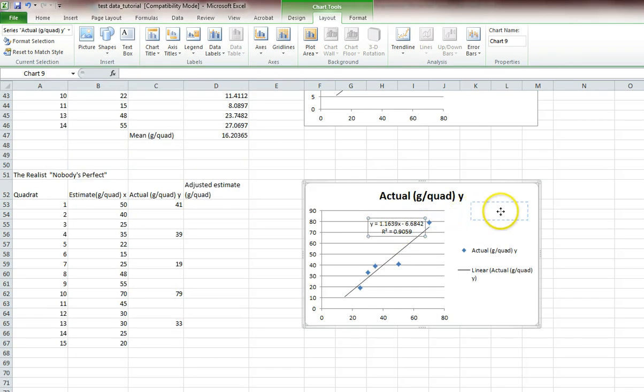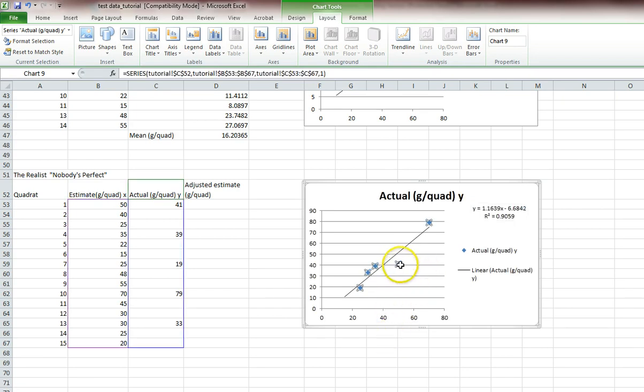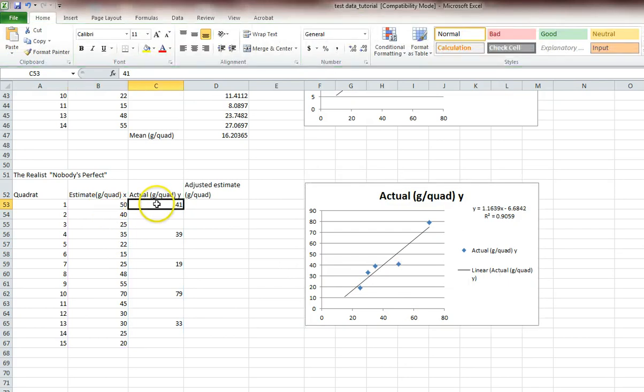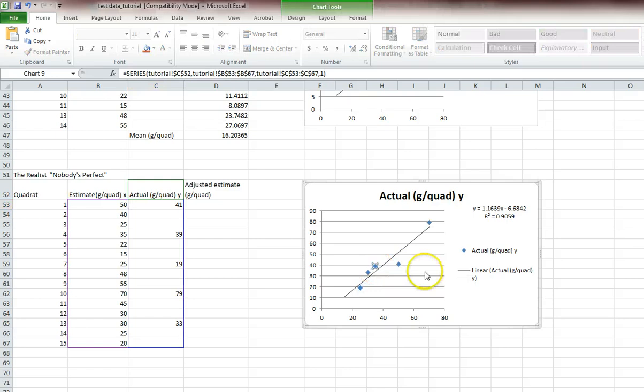And here they are. You can see in this case that this person sometimes overestimates and sometimes underestimates. So if this is the estimated value down here on the x, for this particular data point we have an estimated value of 50 and an actual value of 41. In other cases, it's slightly above the line. So we're going to use this same equation here,